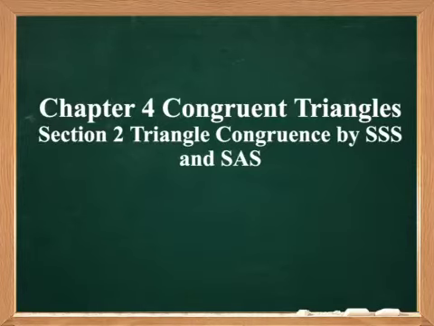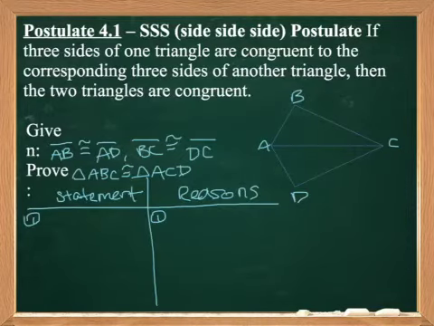Chapter 4, Congruent Triangles, Section 2, Triangle Congruence by Side, Side, Side, and Side, Angle, Side. So the first postulate here is postulate 4.1, the SSS postulate, which is the side, side, side postulate. If three sides of one triangle are congruent to the corresponding three sides of another triangle, then the two triangles